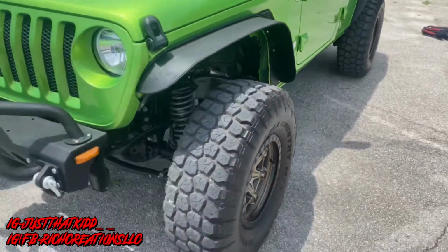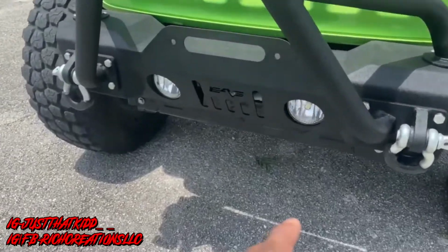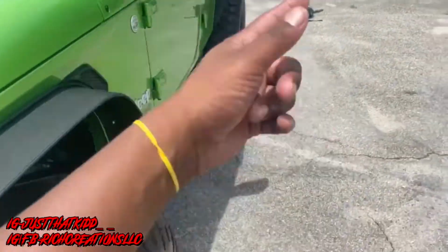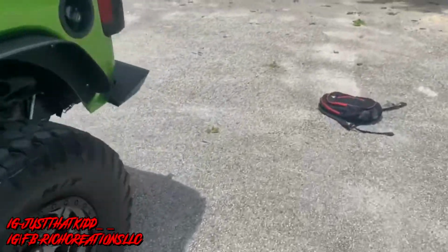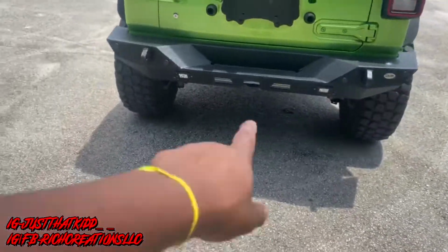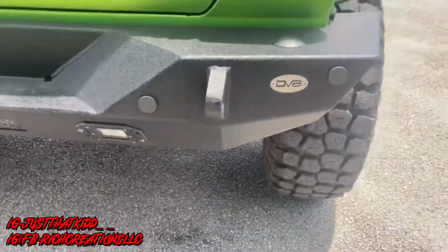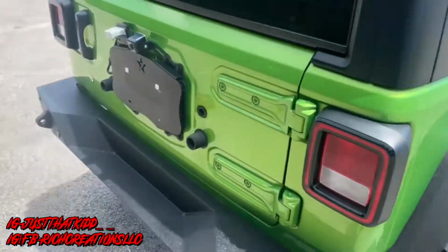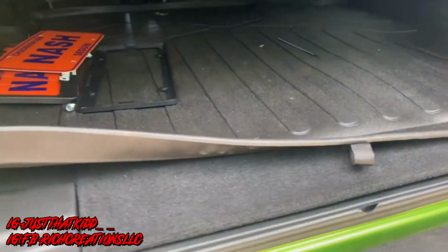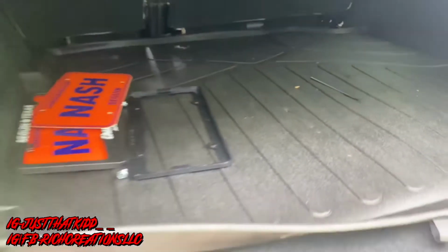Of course, you got the bumper, that's really nice. You got LEDs down here in the front bumper, and I think you also have LEDs in the back bumper, if I'm not mistaken. So you got LEDs in the back bumper, also at the bottom right here. This Jeep is actually pretty nice, honestly. So you got plenty of space in the back to do whatever you got to do. Back here,